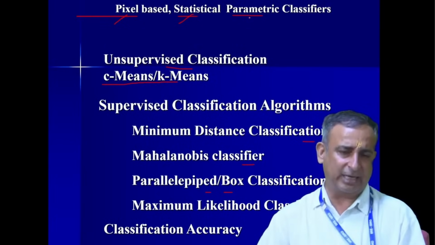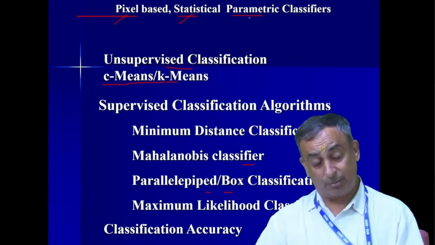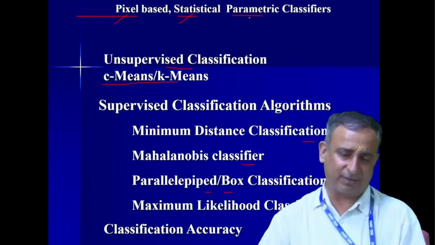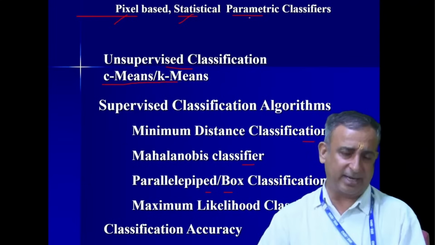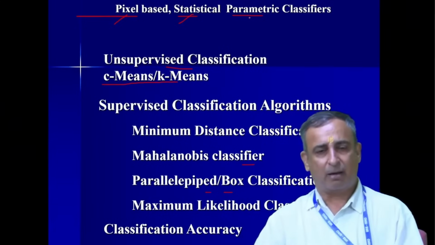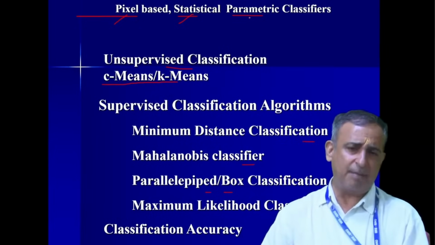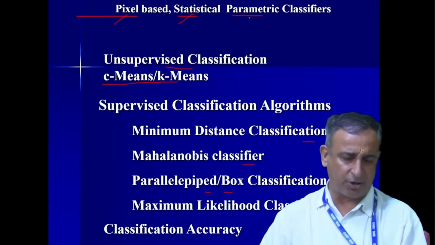This will tell you, for a given image of a particular area where you don't have ground truth or training data information, how many classes you can map. Then coming to supervised classification, as I mentioned, you require training data or prior knowledge for